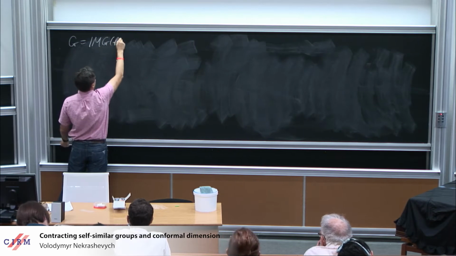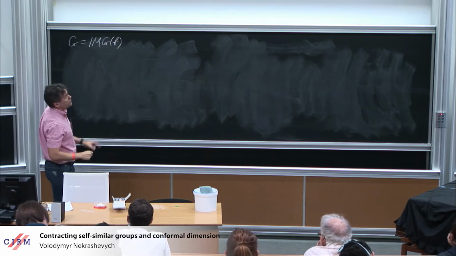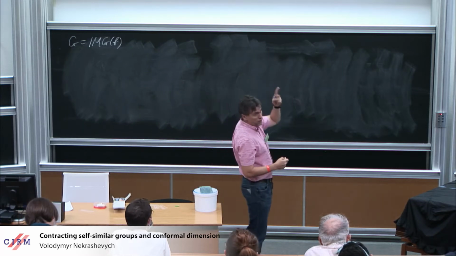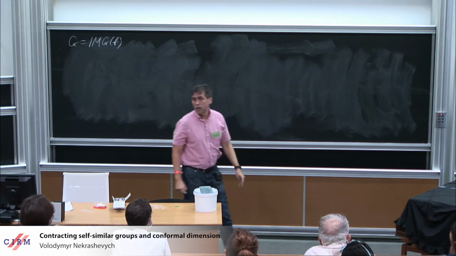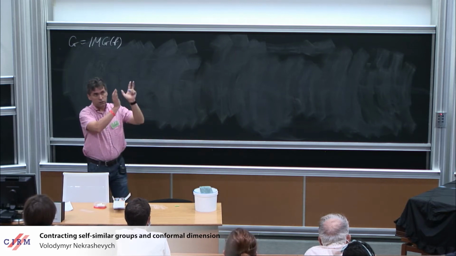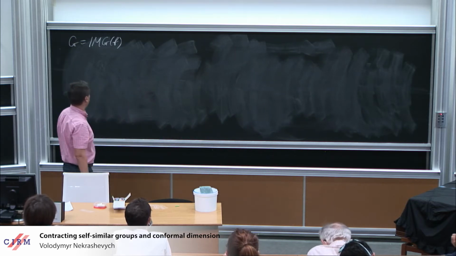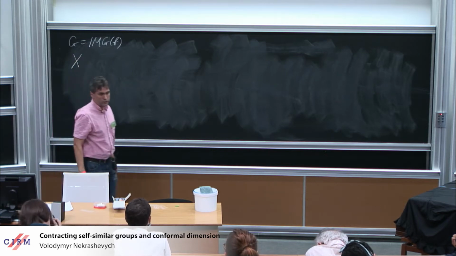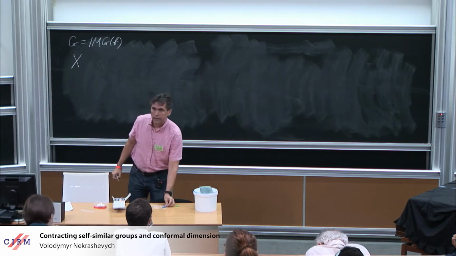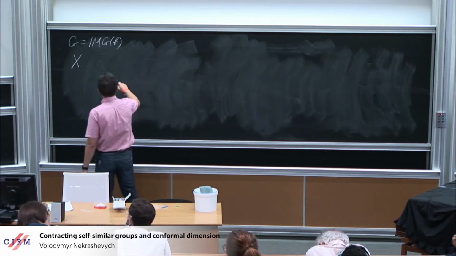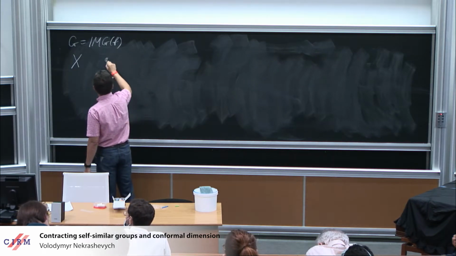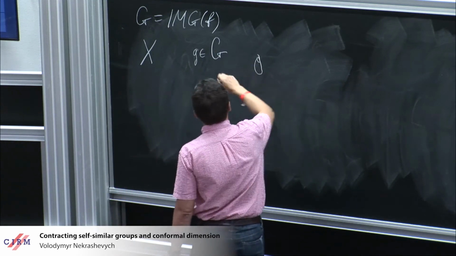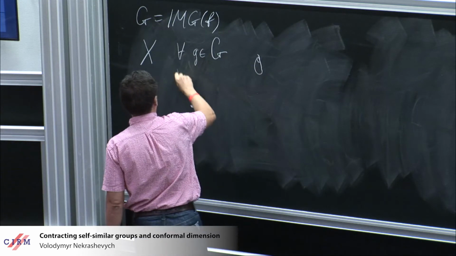And as I said, there are additional generators, which in the case of degree 2, there are 2 additional generators, which map the whole tree to the subtree growing from the first level. So let's denote the set of those additional generators by X. And then for every element of the iterated monodromy group, so for every loop, and for every element of this additional generating set,